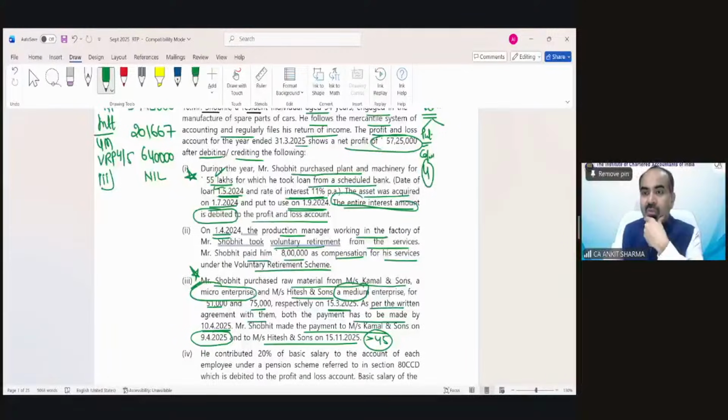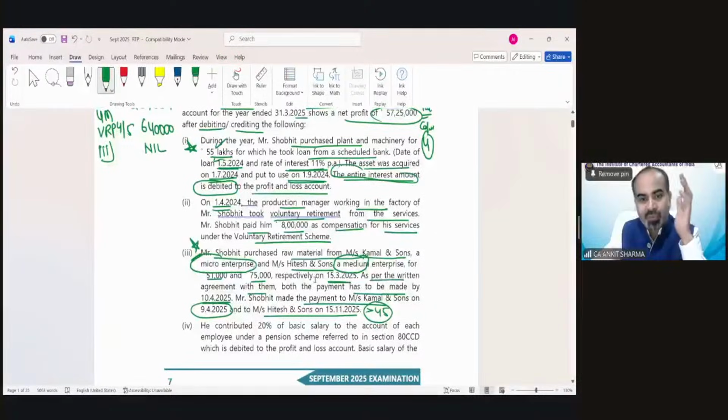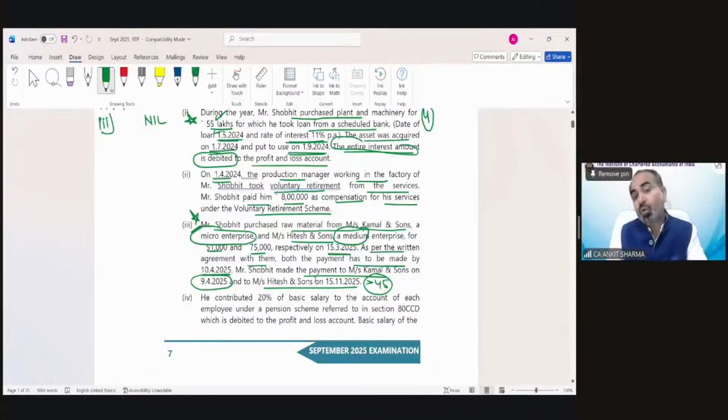Absolutely, that is only coming, sir, whenever we see information like this. Correct, exactly, Mrs. Gayatri. It's purchased raw material already included in net profit. Yes, he has claimed a deduction of these 51,000 and 75,000 and it is allowed. Nothing to disallow in respect of point number 3. Now, the fourth point, we have discussed this kind of point.